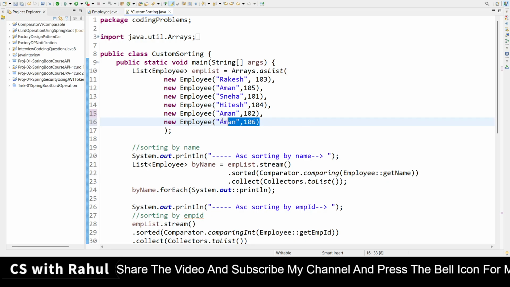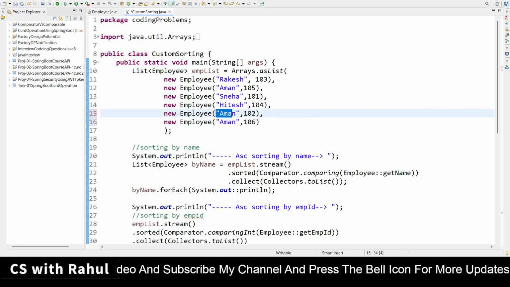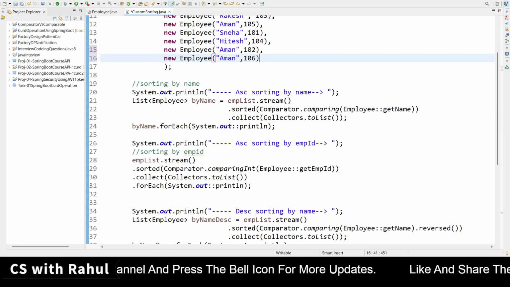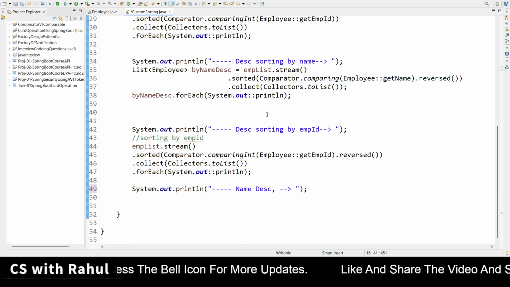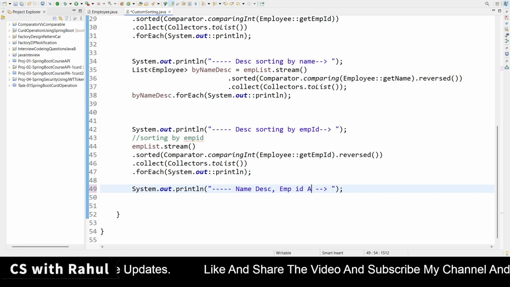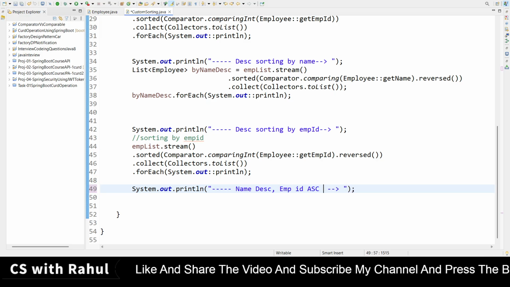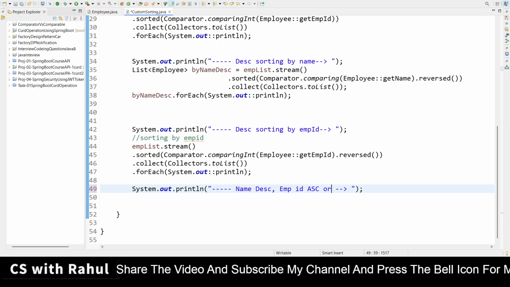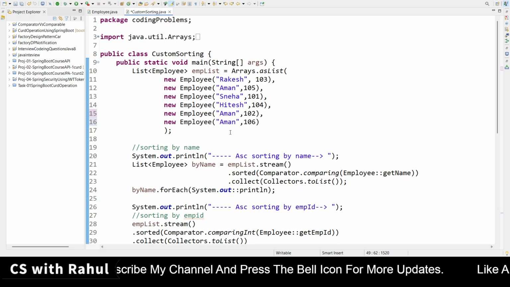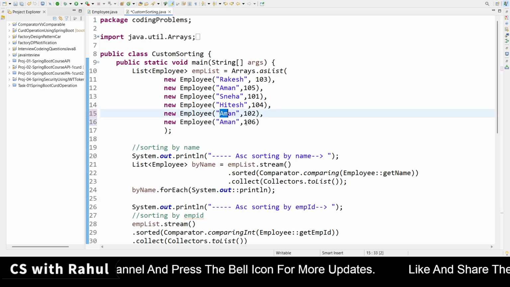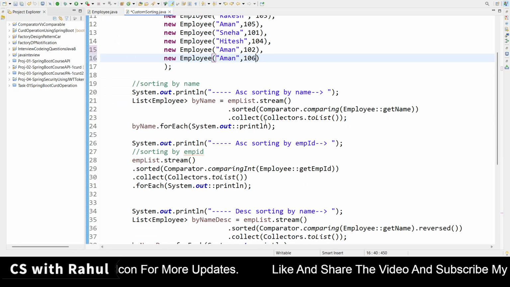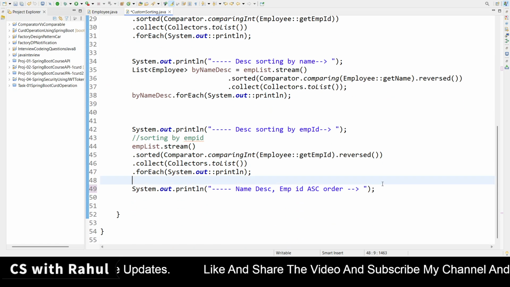So by name I am sorting in descending order, and if the name is the same, then I am taking the employee ID in ascending order. So what you have to think here is: first Aman will come, then ascending order means 102, and then 106 will come as it is.